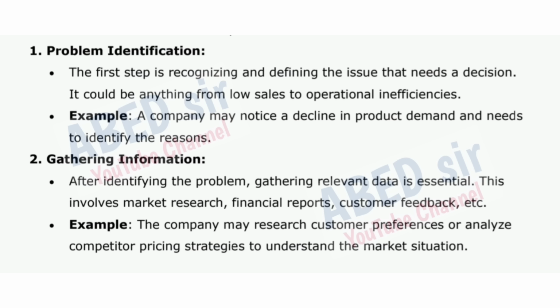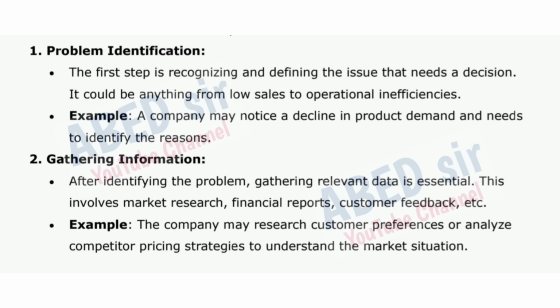1. Problem identification. The first step is recognizing and defining the issue that needs a decision. It could be anything from low sales to operational inefficiencies. Example, a company may notice a decline in product demand and needs to identify the reasons. 2. Gathering information. After identifying the problem, gathering relevant data is essential. This involves market research, financial reports, customer feedback, etc. Example, the company may research customer preferences or analyze competitor pricing strategies to